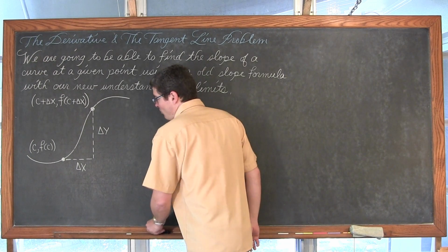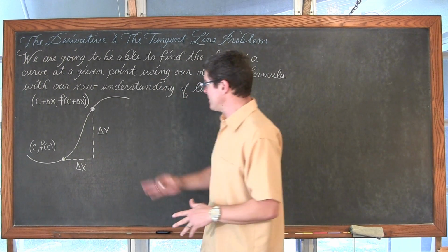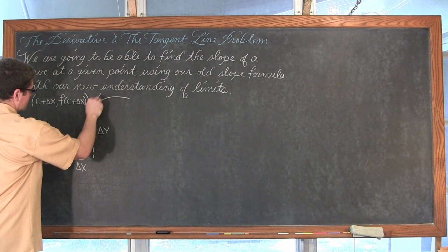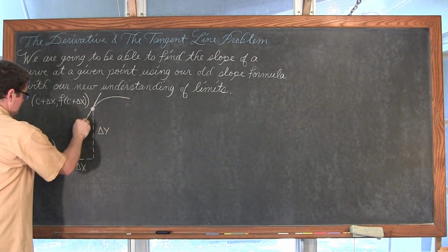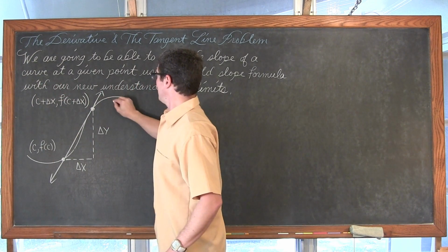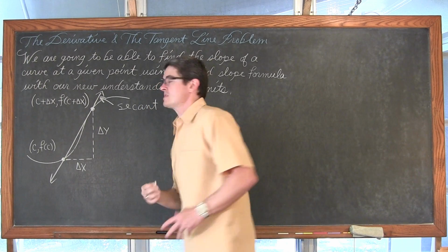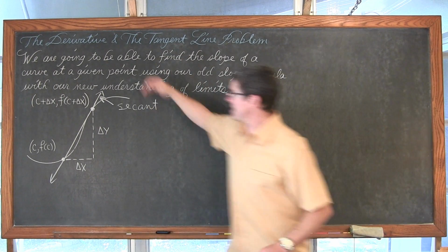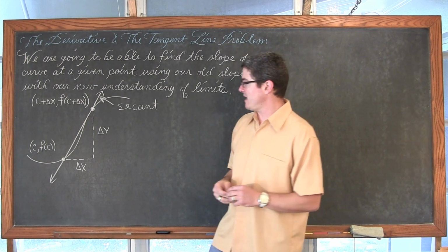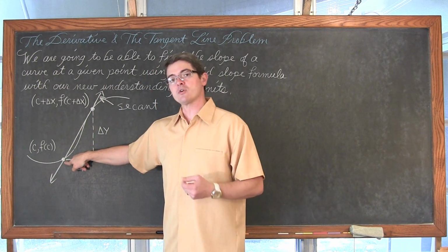Alright, so what we're looking at here is a curve with 2 points, and I'm going to draw a line through these 2 points. And the slope of this secant line, because it's intersecting at more than 1 point, the slope of that secant line in pre-calculus we would have called the average rate of change. It's supposed to be there to estimate the direction or the slope of this curve at that point.